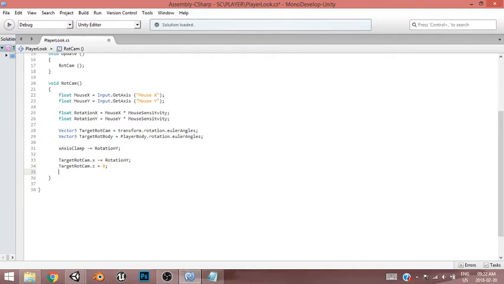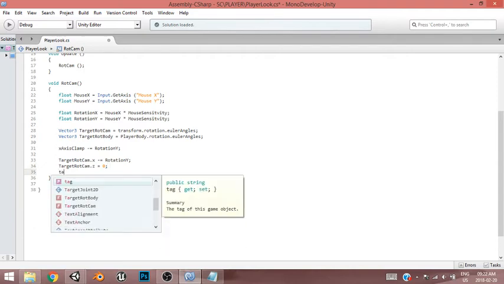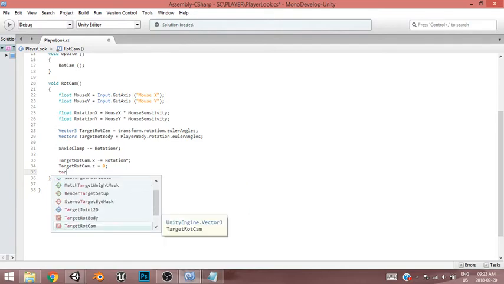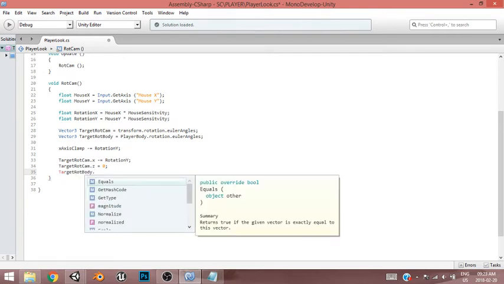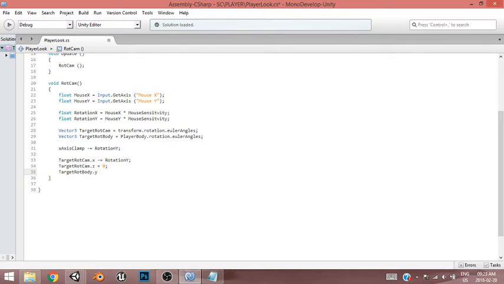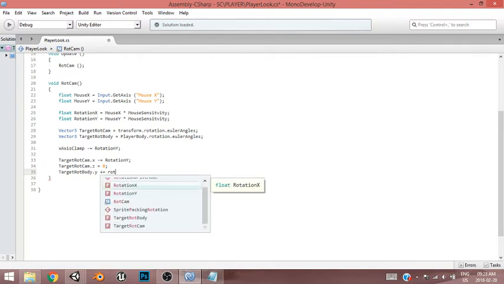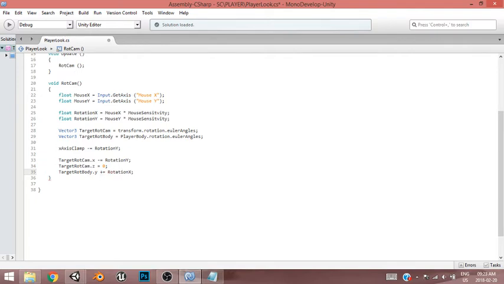And then targetRotationBody.y is going to be plus equal rotationX. Okay,